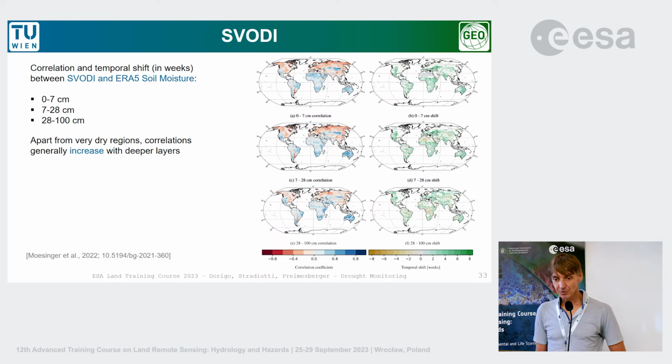I'm not sure if I have to show this, but I'll just briefly show it. This is the correlation and temporal shift in weeks between the VOD index and ERA5 soil moisture. As you can see, it shows how it correlates with different layers: the surface soil moisture layer of ERA5 at 0 to 7 centimeters, then 7 to 28 centimeters, and 28 to 100 centimeters. You see the correlation strength and the shift in weeks. The correlation is strongest after a couple of weeks,